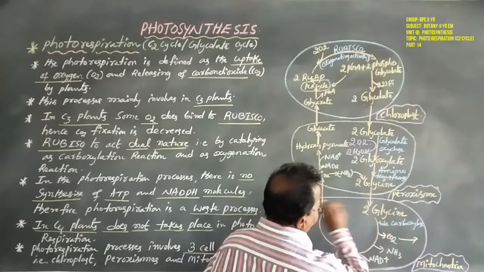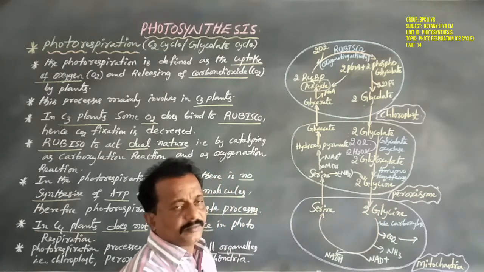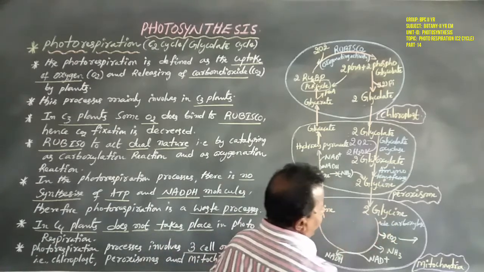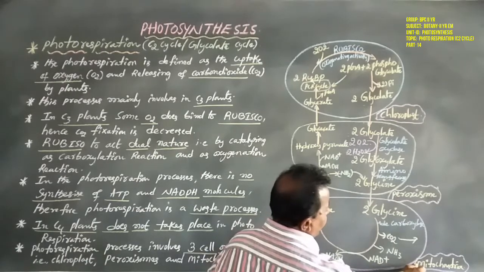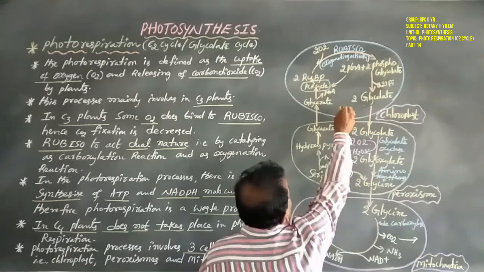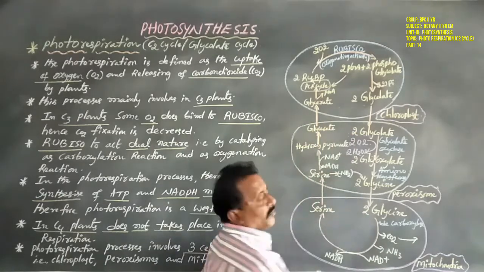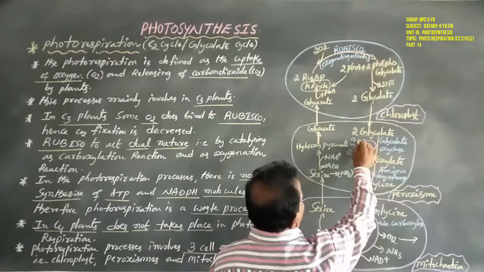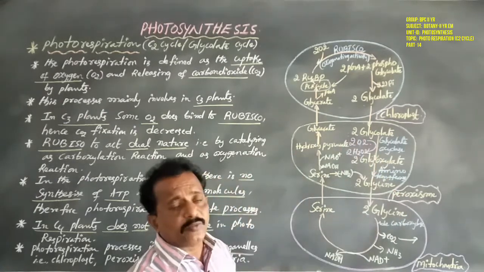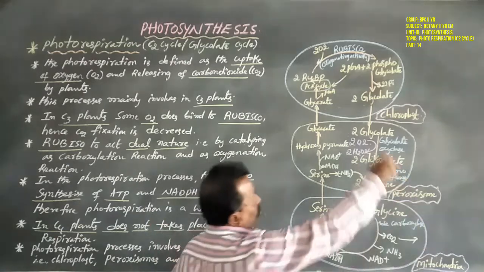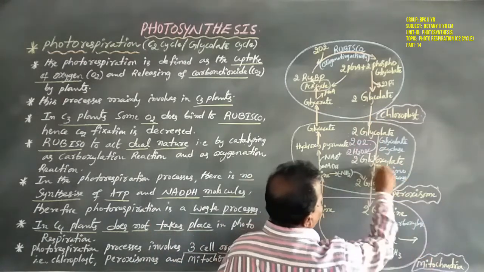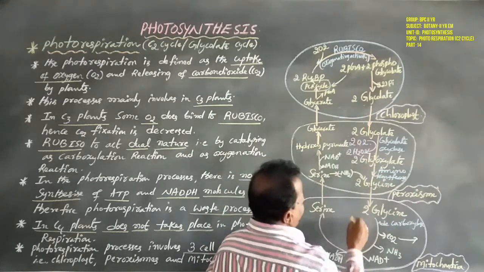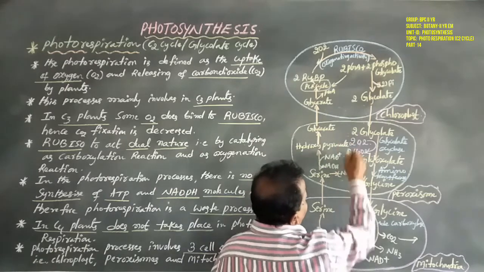So the mitochondria contain 2 molecules of glycine. The 2 molecules of glycine release carbon dioxide. Why? Because mitochondria are mainly involved in the respiration process. The chloroplast is mainly involved in the photosynthesis process, but the peroxisome is mainly involved in the photorespiration process. That is, photosynthesis and respiration lie on either side of photorespiration.